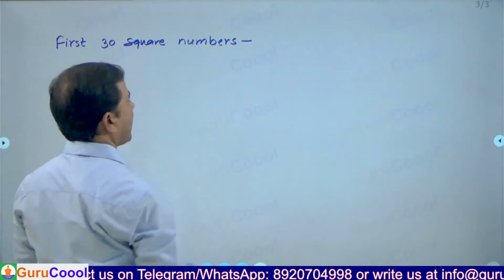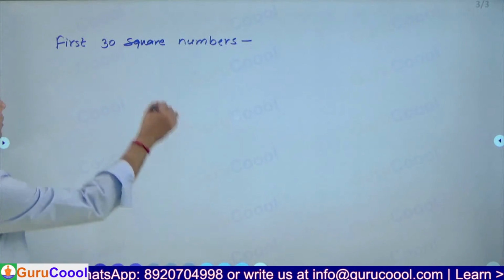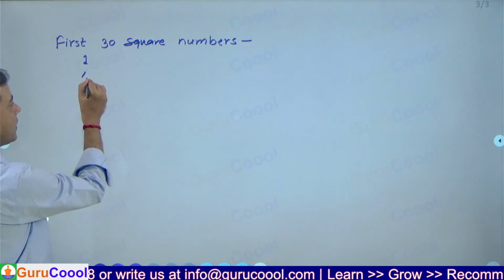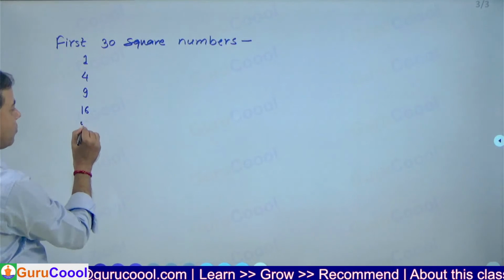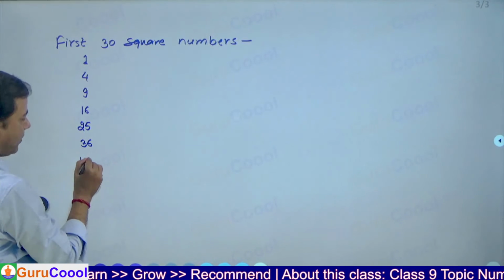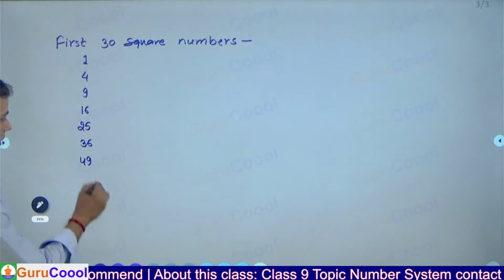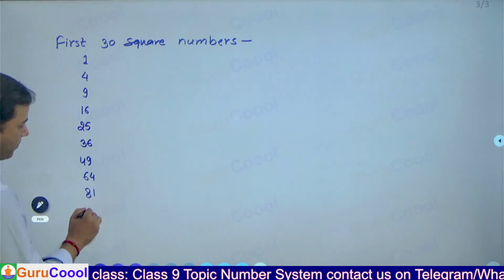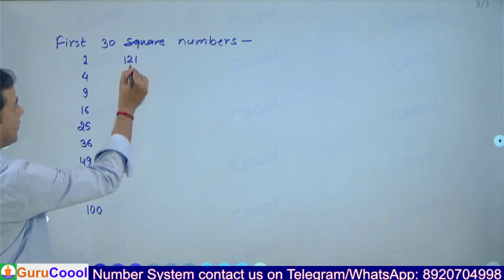First 30 square numbers. Ready? Yes. 1 square, 2 square, 3 square, 4 square, 5 square, 6 square, 7 square. Am I writing correctly? Yes, sir. 8 square, 9 square, 10 square, 11 square, 12 square,